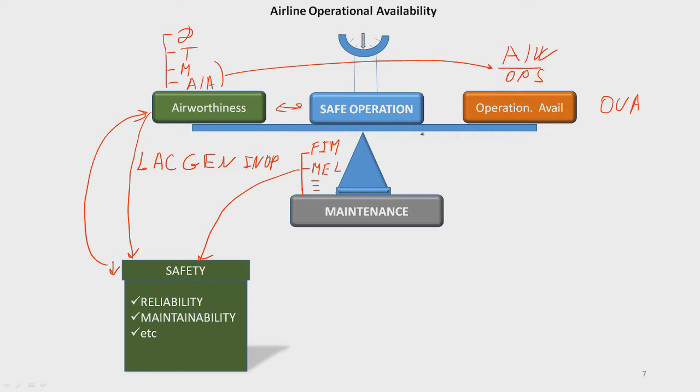What's happening next? Maintenance tells the operation that we need time to fix the aircraft. We have a problem with the AC generator. The first question operation is asking, since operation says, hey, do you know what? This aircraft is scheduled for 3 more flights. So they need to do 3 more flights with this aircraft. And the first question is, how long does it take to fix the problem, to replace this AC generator?